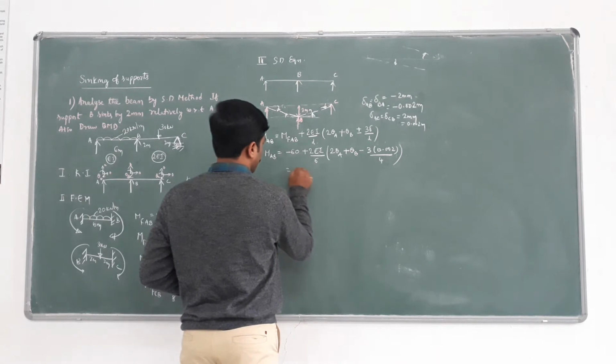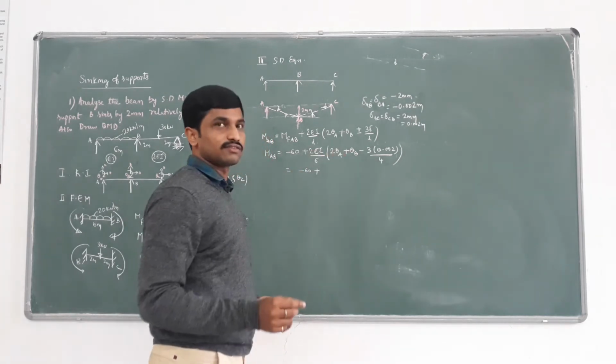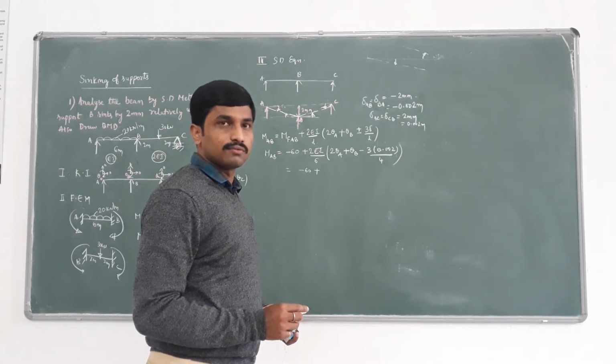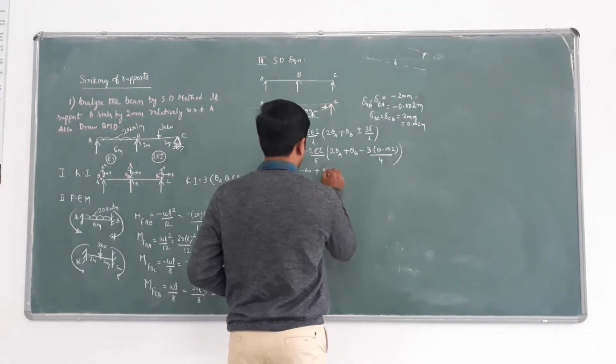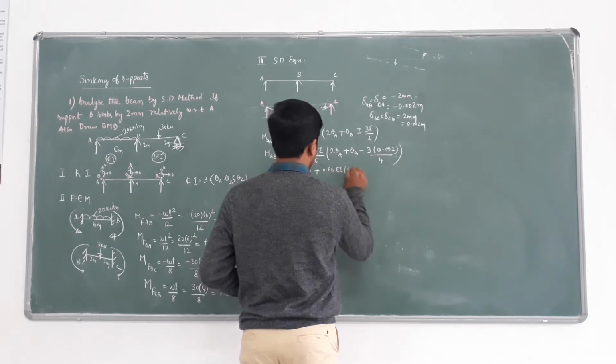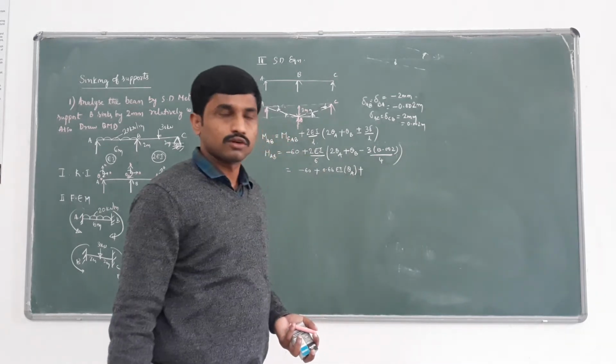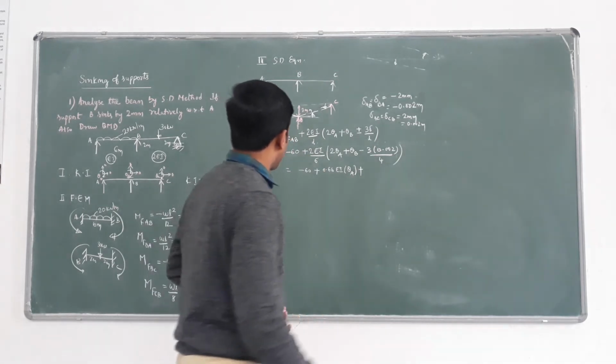Now minus 60 plus 2 into 2, 4 by 6, 0.66 EI into theta A plus 2 by 6, 0.33